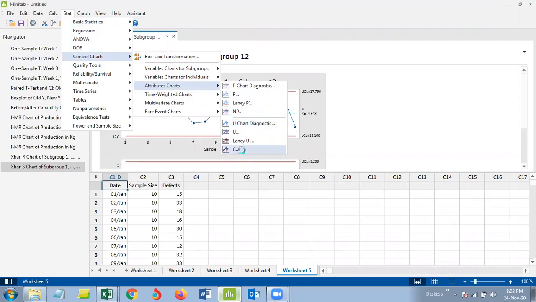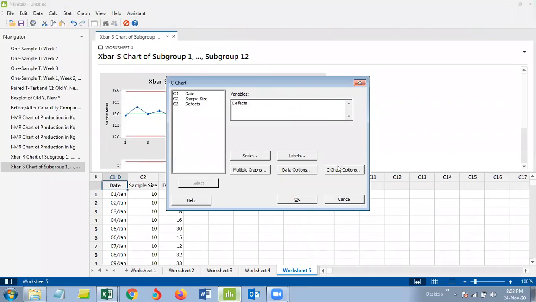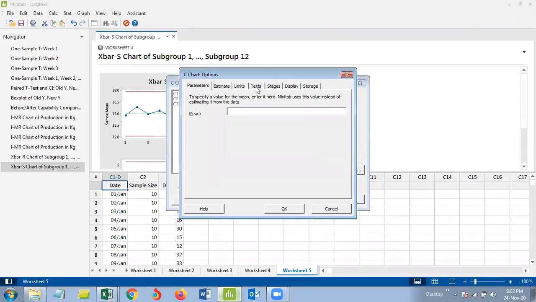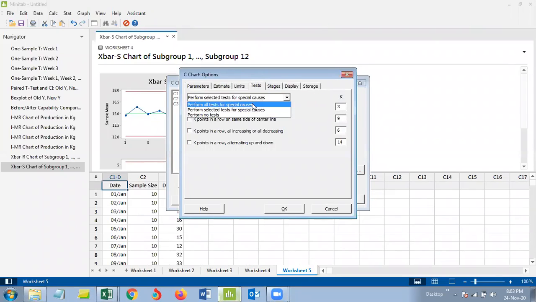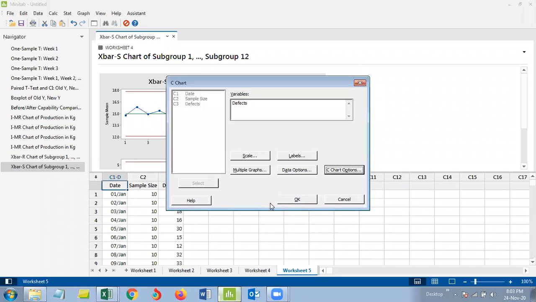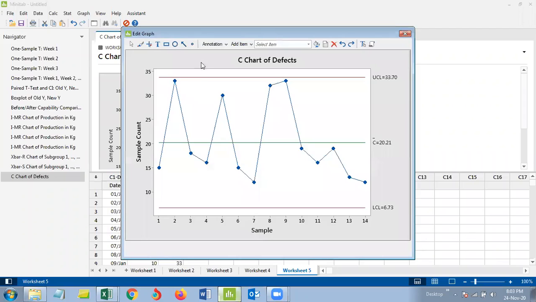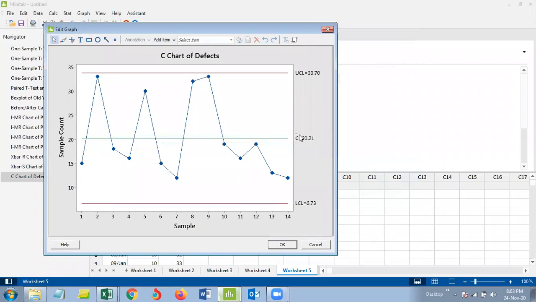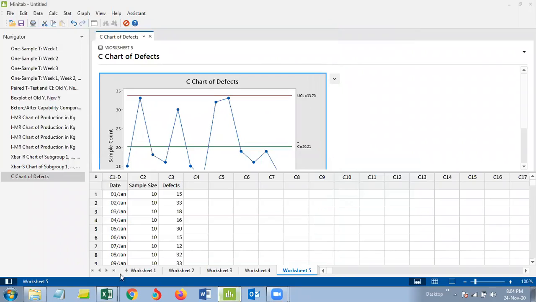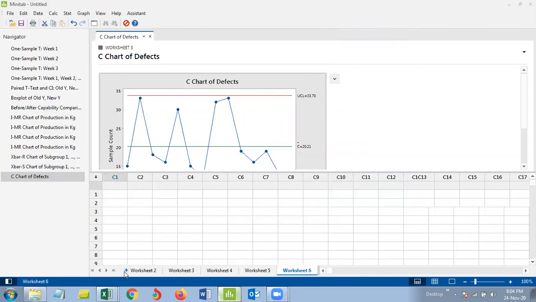All of them are here. C chart, put the defective. Now, defects were chart, the 4 charts we have less. We have only 4 rules, and same rules, but 4. So perform all the tests, same rules, but 4 rules only. It just finds the average and puts the number of averages around that mean. Same logic. But the only change which will come here now, I would definitely want to hear it from you